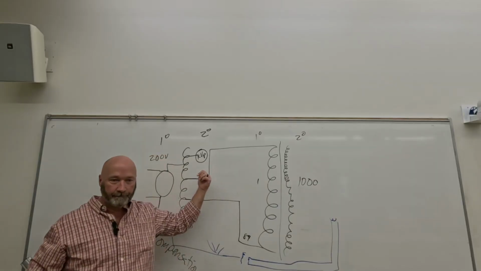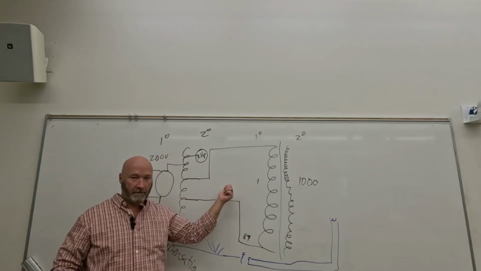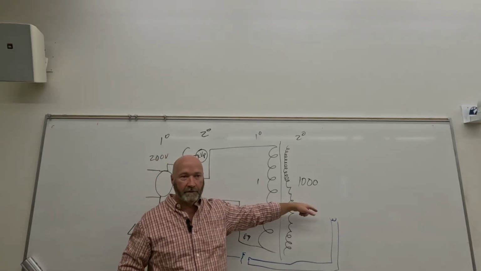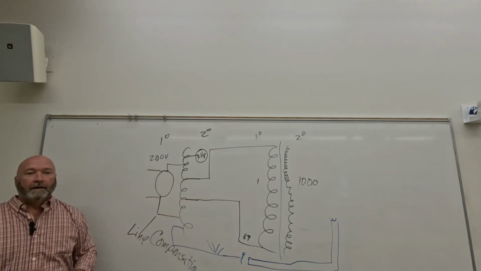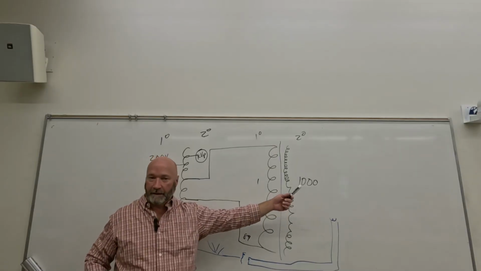Now, why do we have it over here? What circuit is this? Low voltage. What do you not want to deal with? High voltage. So everything that you want to touch is going to be over here for the most part. There's one thing that we're going to have over here, a gauge over here, and we'll get to that